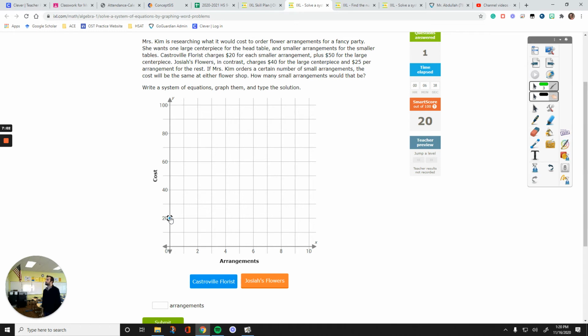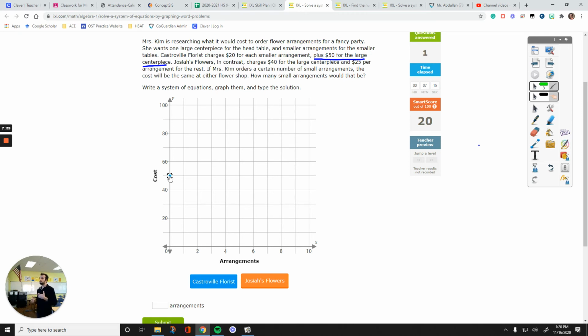Oh wait, okay, I made a mistake in there. It says $20 for each, right? If it says for each, that's not a set piece. It depends on the number of pieces that they're going to purchase. However, over here on the other side, let me change the color to blue. It says plus $50 for the large centerpiece. That's just one thing, right? Just one. So for that, it is $50 for the blue, for the large piece, and then $20 for each